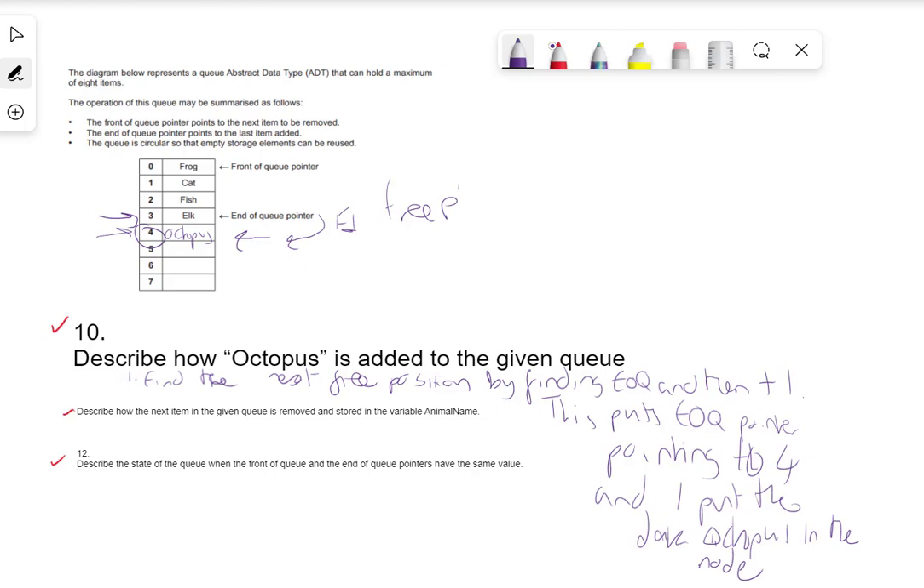Describe how the next item in the given queue is removed. So, to remove, remember, we use dequeue. So, describe how the next item is actually removed. Well, that should be pretty easy. We find the front of queue pointer. So normally it's head and tail, but we're giving us front of queue and end of queue. So we find the front of queue pointer